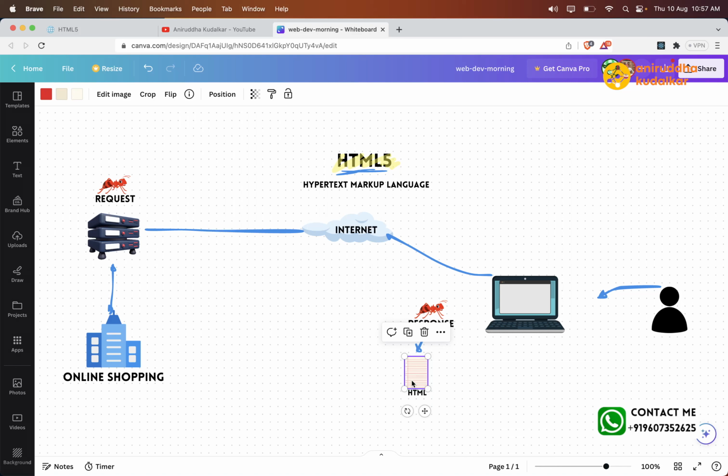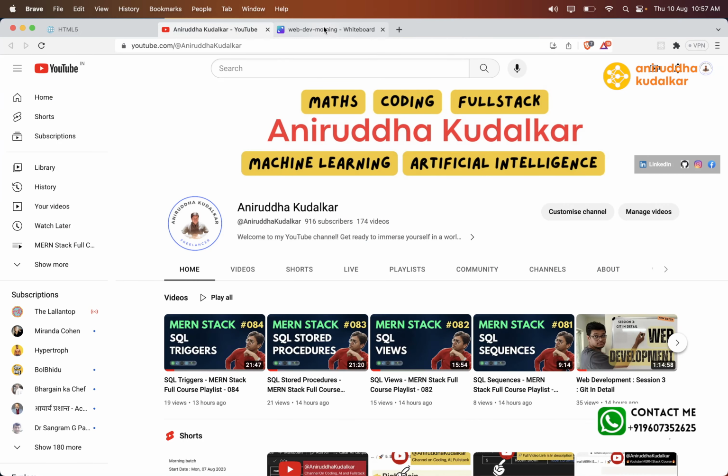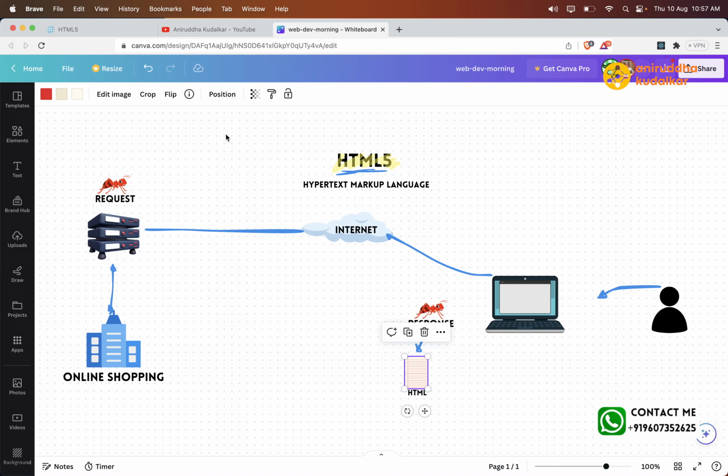As a web developer, why do you need to know HTML? This is how the internet works, and HTML are the pages which are sent to you by the server, right? That's the point where HTML comes into the picture. Now, whatever you see on the browser, this page or any other page, anything is considered as HTML,